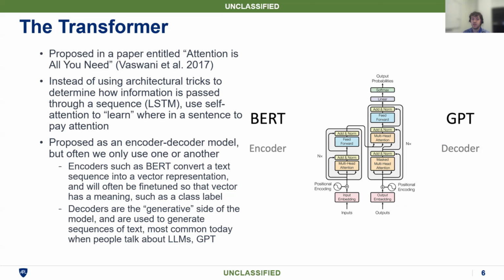So you basically want, when you generate, the information from the cat to be more strongly propagated than the information from in. So you're learning how information should be propagated through the network to most efficiently give you that probability of next word given preceding words. It was proposed as an encoder-decoder model. This is because it was used in translation tasks at the time.